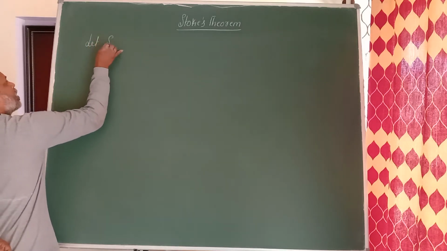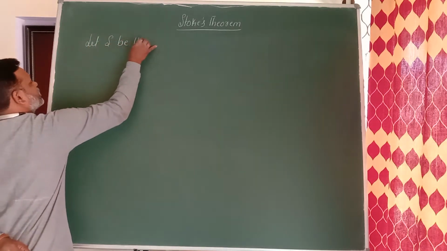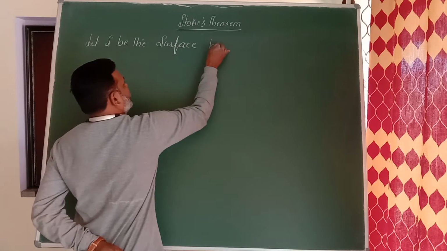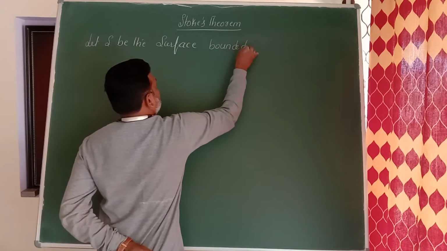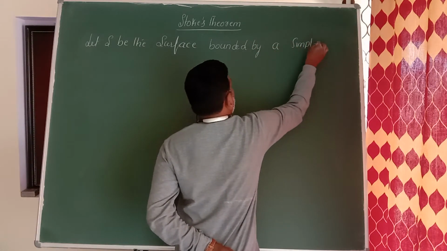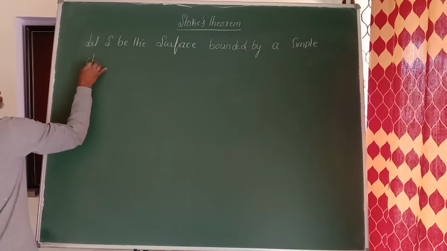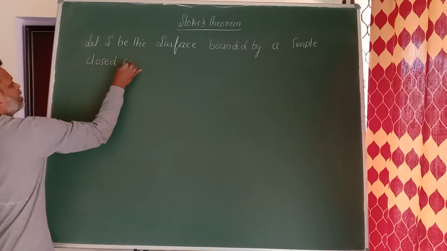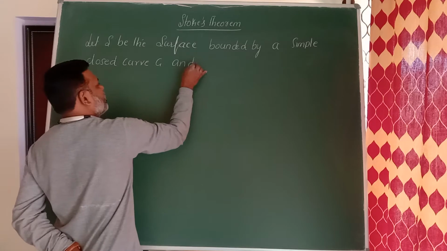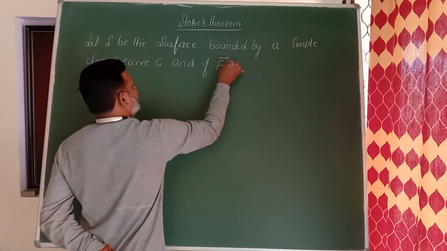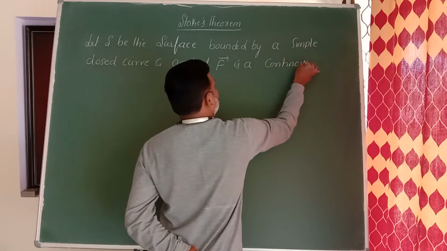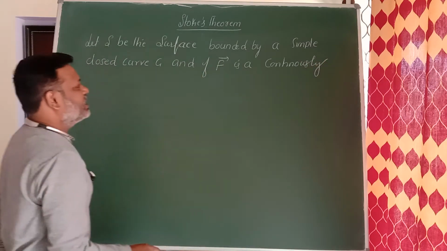Let S be the surface bounded by a closed simple curve, or a simple closed curve. As usual, the curve is always denoted by C, and if f is a vector function, a continuously differentiable function,